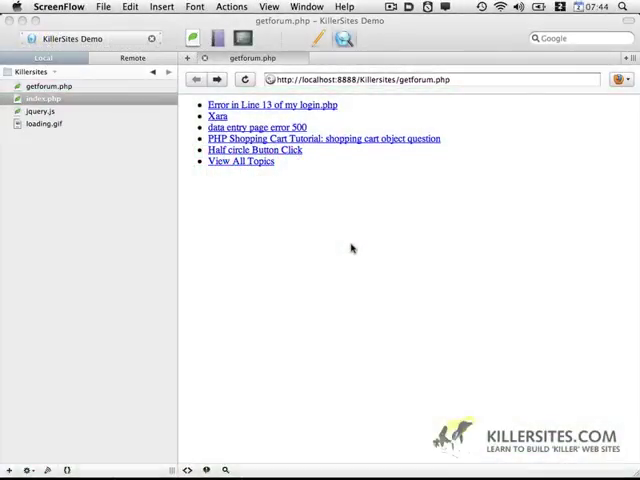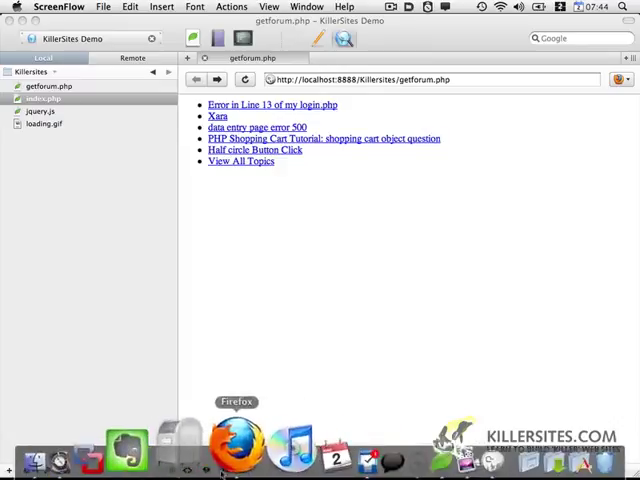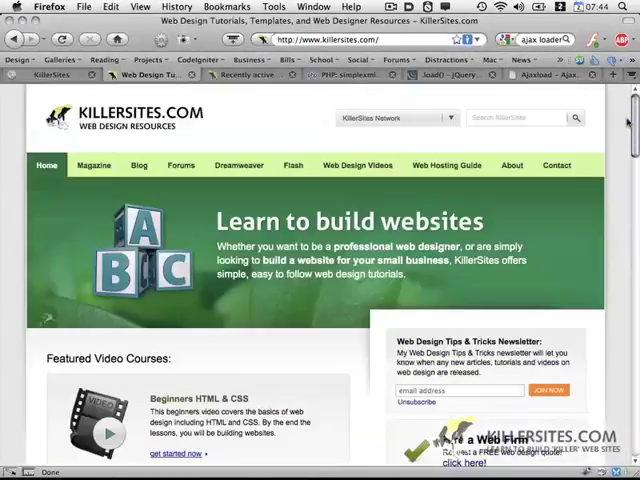Okay, on to the second part of our tutorial, where we're going to use a bit of jQuery and Ajax to load this information into the page. So now you might be wondering, why don't we simply use a PHP include? That is a valid question, but what we found, if I go back to killersites.com, is